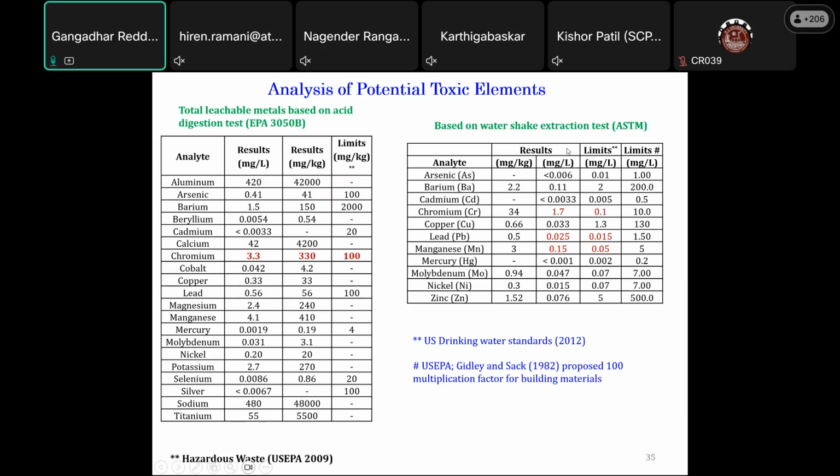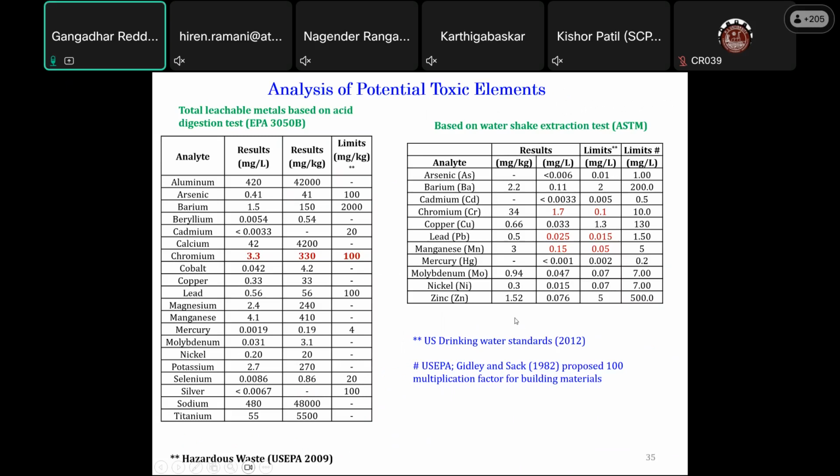There is another standard suggested by ASTM. This is a simple water shake extraction, where we take a 1:20 ratio, and after that we analyze the extracted sample. It shows what the drinking water limits are, like the US drinking standards. For chromium, lead, and manganese, the values are high, but obviously the red mud is not going to be used as water treatment or in any other applications which are more sensitive or more hazardous to humans. Most of the time, we want to use this material as a kind of